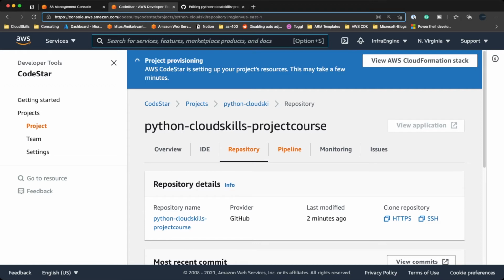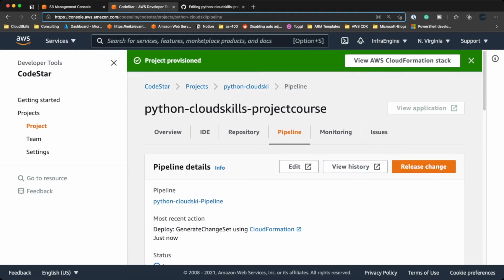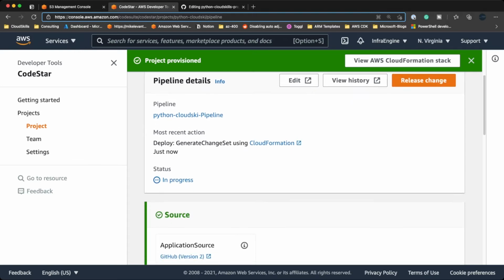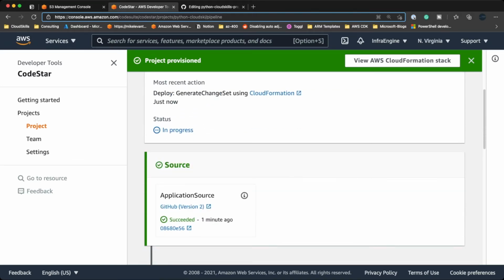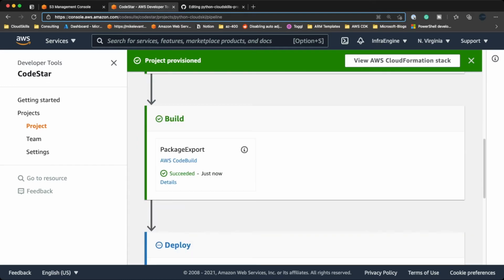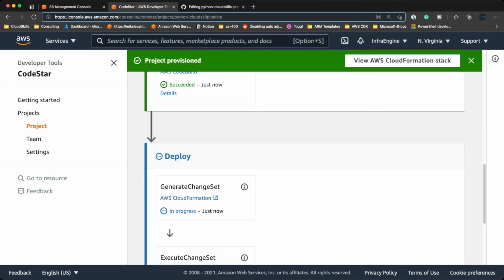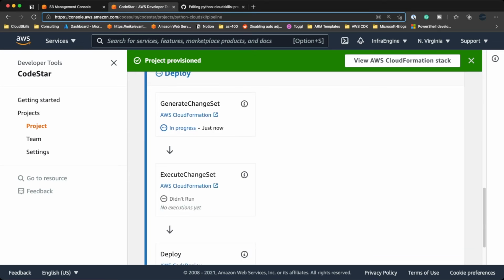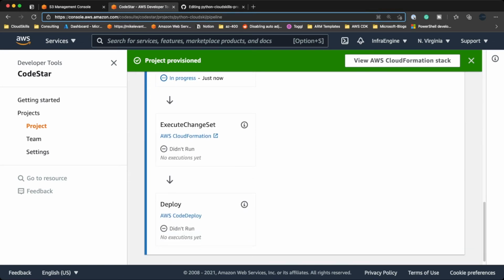And as you can see, we can now see the pipeline. So we can see that the project has been provisioned and a few things have happened. It's still in progress, but we could see the source. So it pulled from GitHub. We can see the full build. It did a build via AWS CodeBuild. And now it's doing the deployment process for generating the change set, executing the change set, and then deploying via